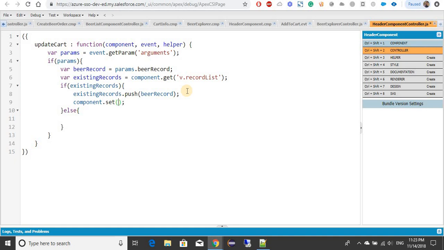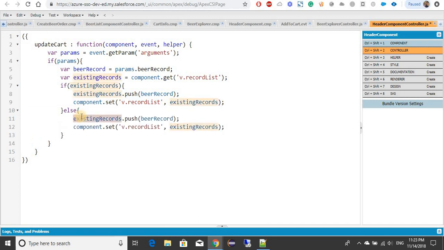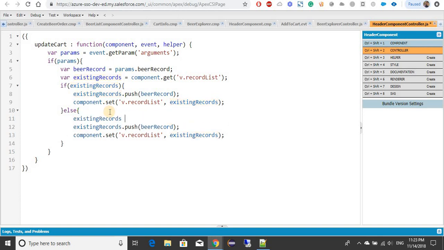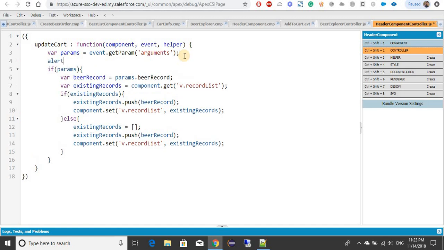and now use component.set v dot this. If there is no existing record, allocate the memory to the variable, add the record, and then set the value. So what we are doing is just clicking